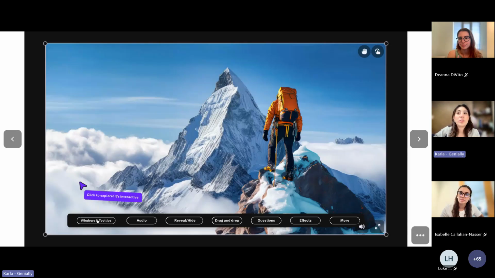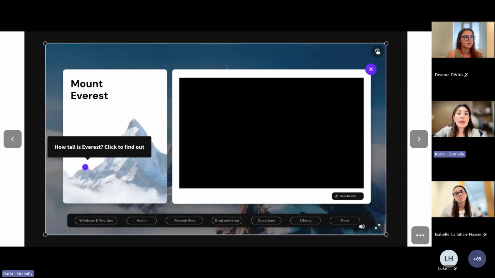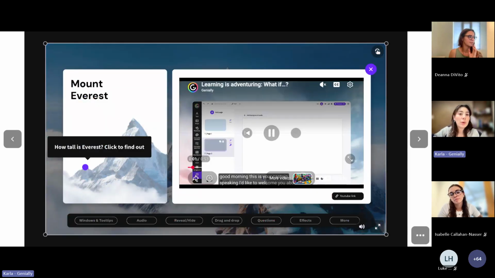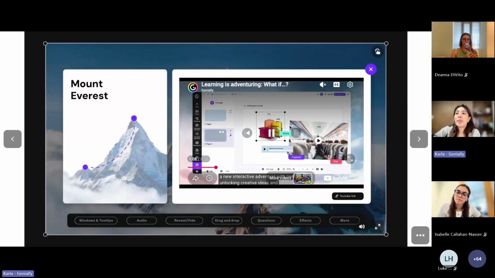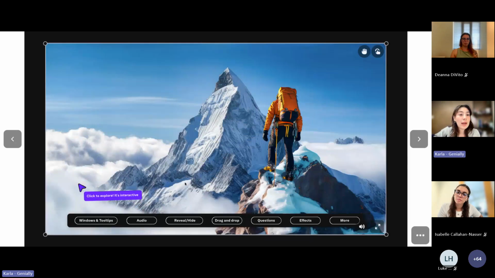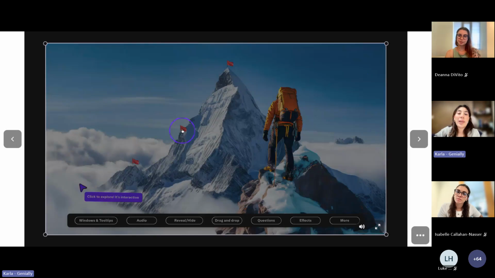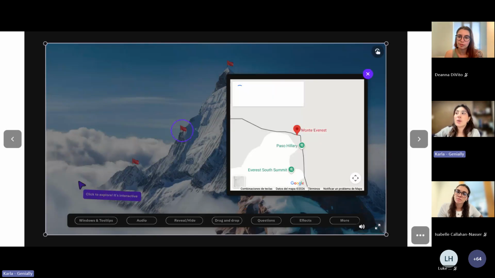The idea is for your students to be able to explore at their own pace, making it accessible. You know how some students learn better with maybe visuals or with audio. So you can insert audio, you can have the videos embedded in them. Everything that you can embed with an iframe code, you can have on Genially. And the idea is that with Genially, you can also gamify your experiences. So a lot of people do escape rooms, they do games.